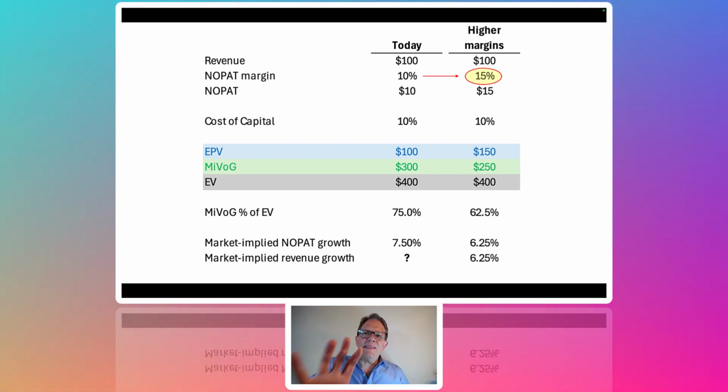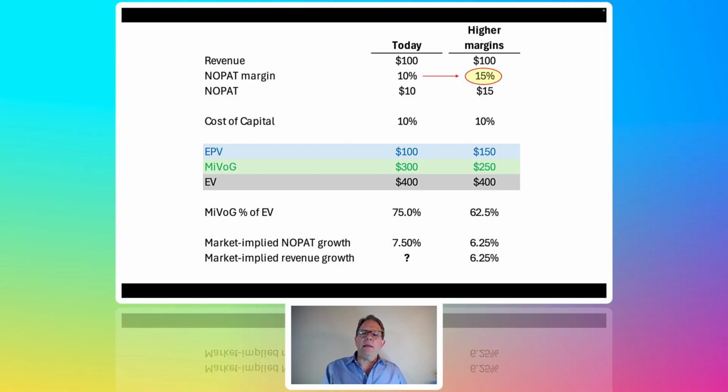If the enterprise value was the same, then the residual after the margin expansion would be a market implied value of growth of $250 million. So effectively, $50 million of the $300 million in market implied value of growth today is priced in for margin expansion, not revenue growth, right? We're looking at NOPAT growth. What drives NOPAT growth? Revenue growth and margin expansion. So what we've been able to tease out is the market implied value of growth. That $300 million today has embedded in it margin expansion and revenue growth.